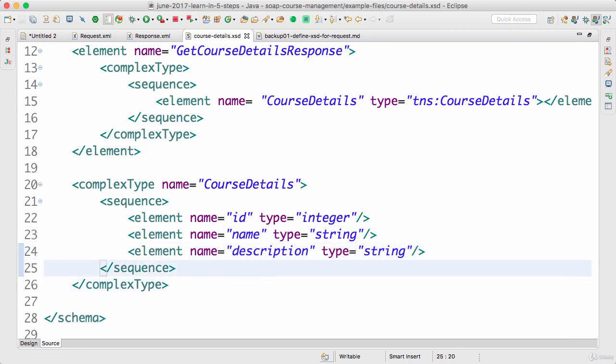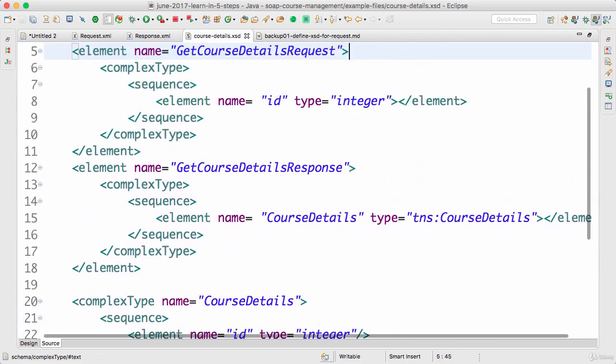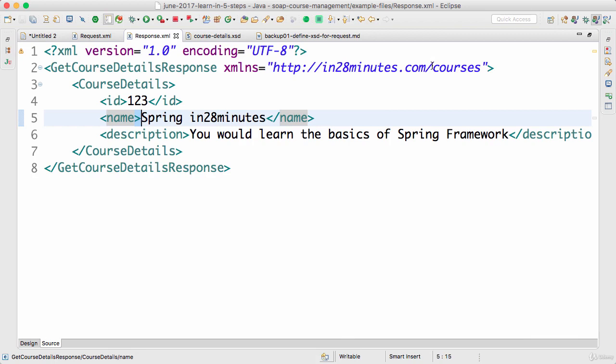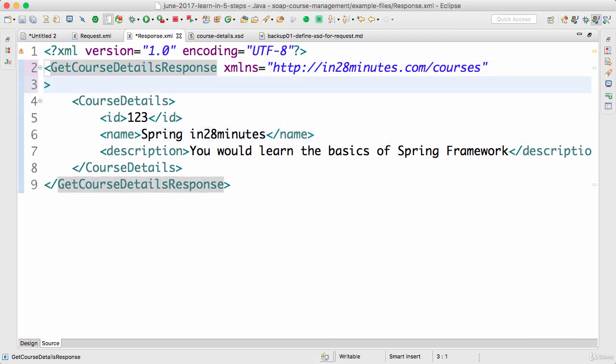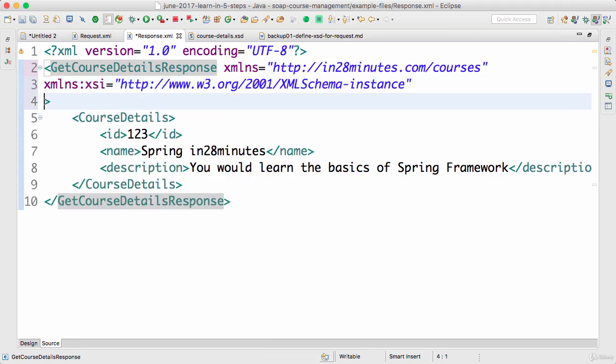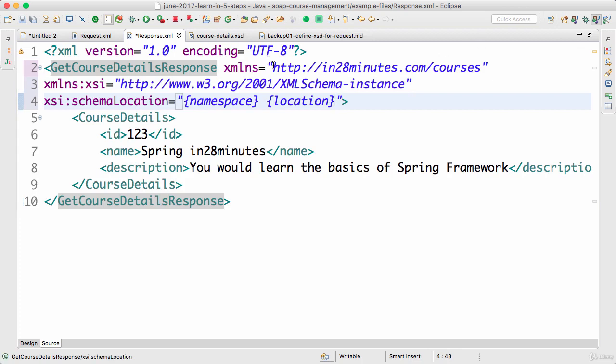So now I have defined the structure of the response as well. In the response XML, we would want to add the definition of a schema. Before that, I would want to add the schema namespace. So control space, I add the schema namespace, and then I add the schema location. For schema location, I would need to say the namespace first. So the namespace is this. Now, where is the location? The location is,